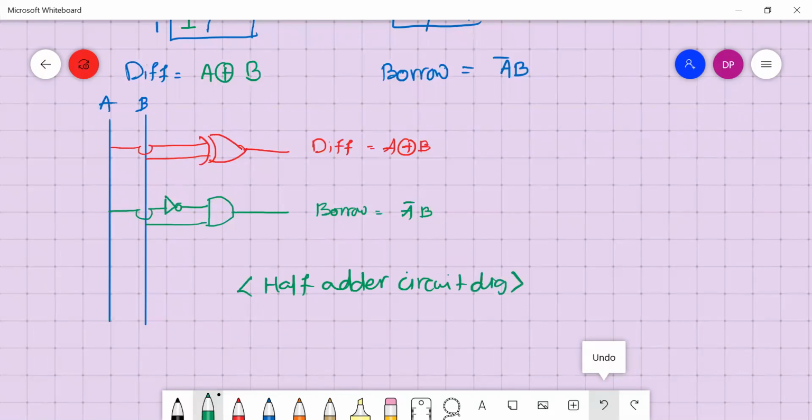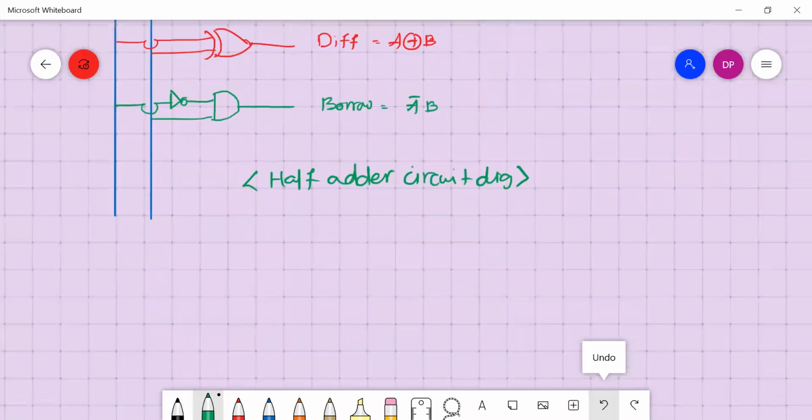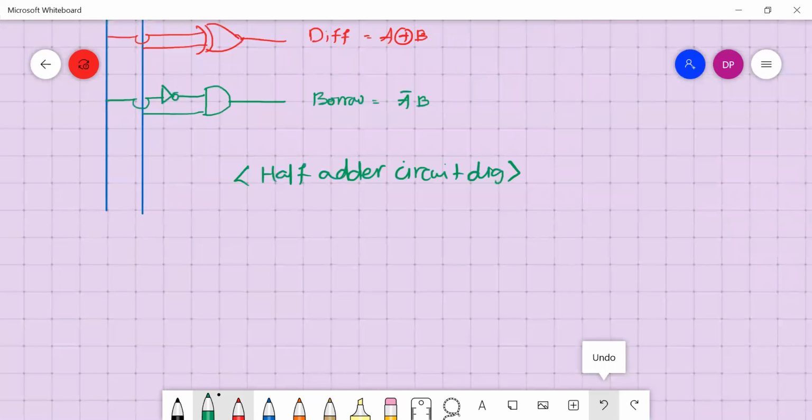So the half subtractor is used to subtract two single bit numbers, and in this subtraction, it doesn't consider the previous borrow that was generated, right? Now let's move quickly to full adder circuit. Sorry, this is half subtractor. So this is half subtractor, not adder. This is the half subtractor circuit. Now next, let's move to the full subtractor circuit.